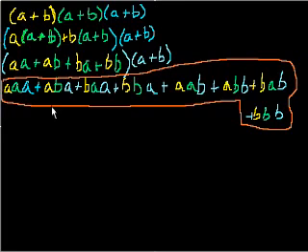I'll do it in a neutral color. So this is a squared b. This is ba squared, but that's also a squared b. What's another a squared b? This is also a squared b, right? A times b. So there were three ways to get a squared b, and that's why, when we eventually write